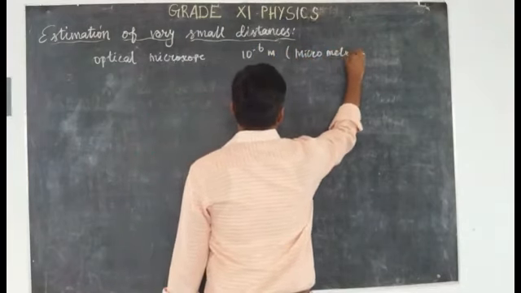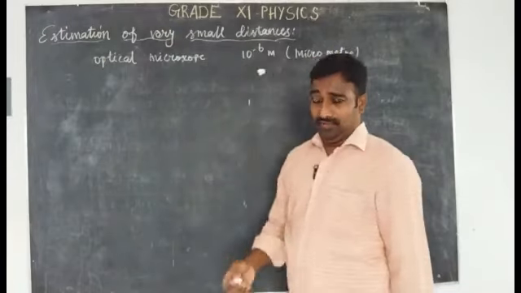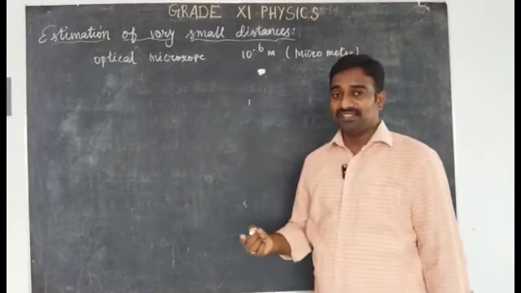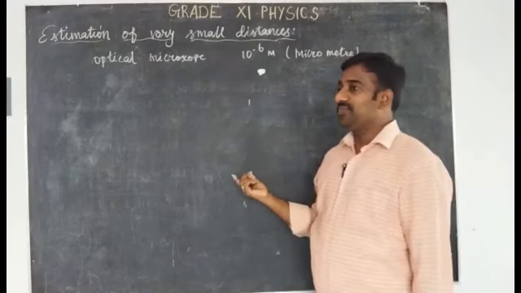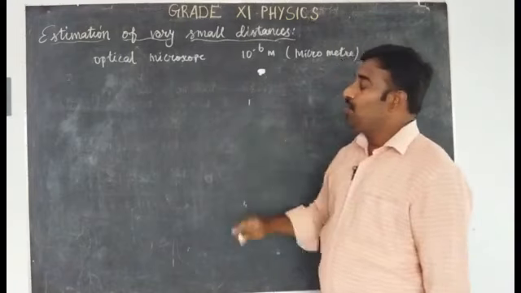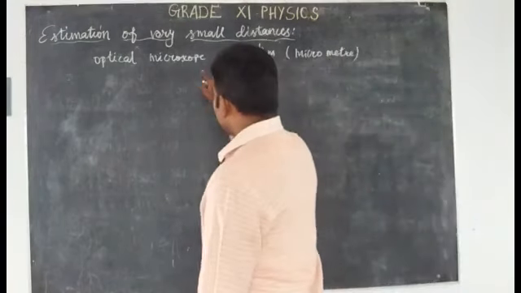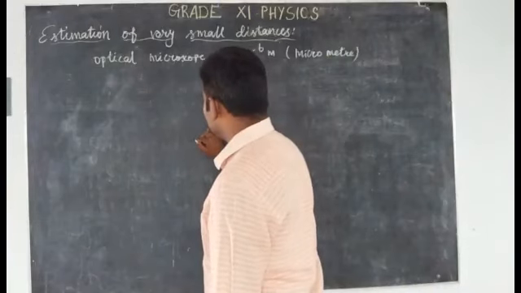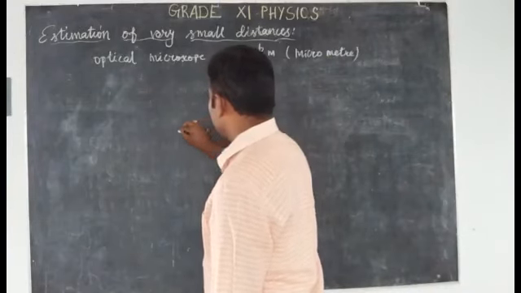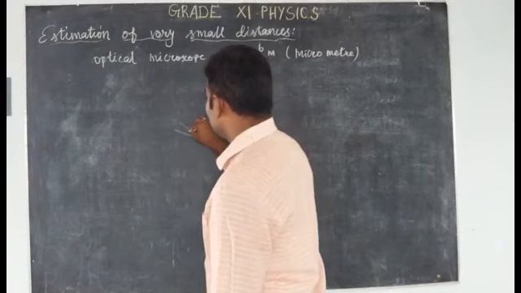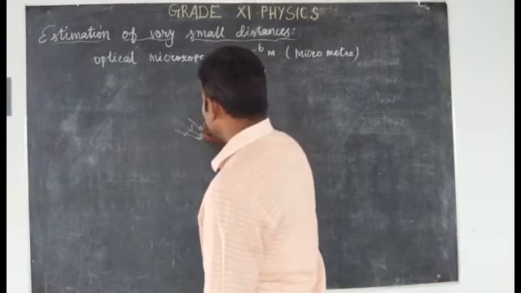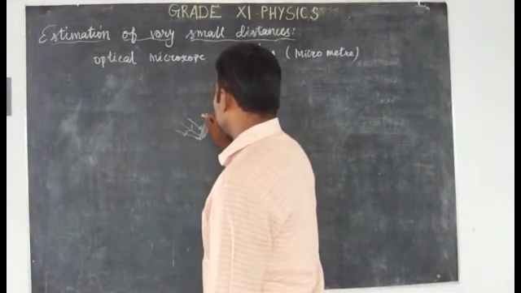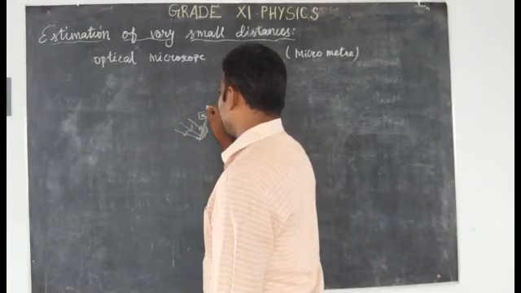It is a micrometer. If you want to measure such a small dimension, we can use an optical microscope, like for single cell organisms or some other organisms. So how does an optical microscope work? The optical microscope uses visible light. You can notice there is a concave mirror fitted at the bottom of the microscope. The concave mirror allows the light to fall, and then the light gets converged by the concave mirror through the specimen in the glass slide.